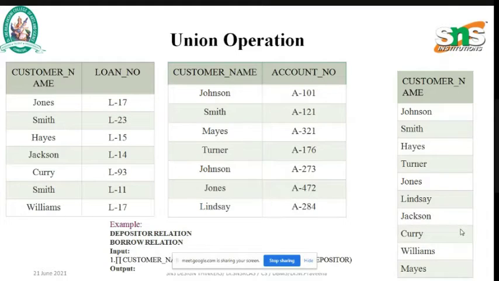But you see here some names are repeating. For example, Johnson is repeating twice, and Smith is repeating too. So the repeating things are eliminated, and if there are 2 times, we give only 1 time. Smith is available 3 times, but in our output there will be only 1. Johnson is 2, then we have only 1, and all others are combined together. So out of 14 rows, we have only 11 rows in the output by avoiding the repetition.